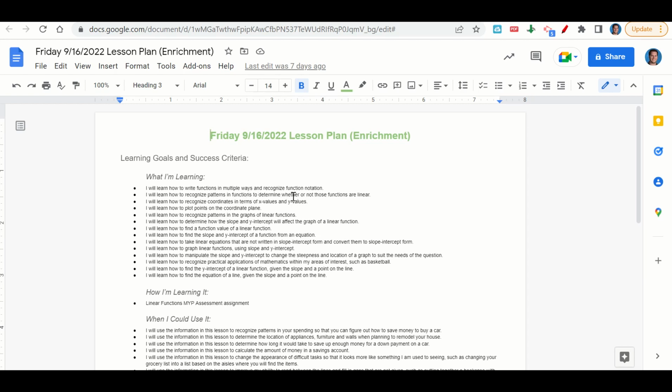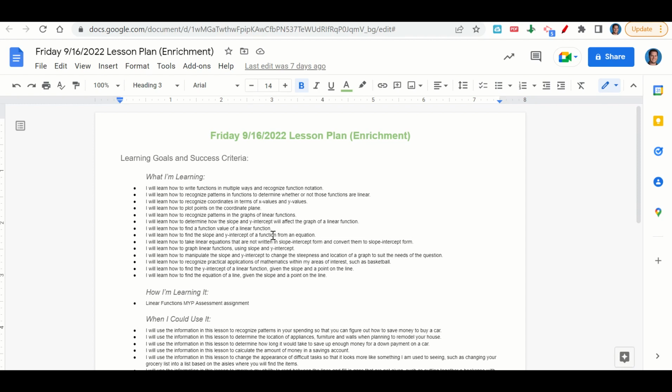or not those functions are linear, recognize coordinates in terms of x values and y values, plot points on the coordinate plane, recognize patterns in the graphs of linear functions, determine how the slope and y-intercept will affect the graph of a linear function, find a function value of a linear function, find the slope and y-intercept of a function